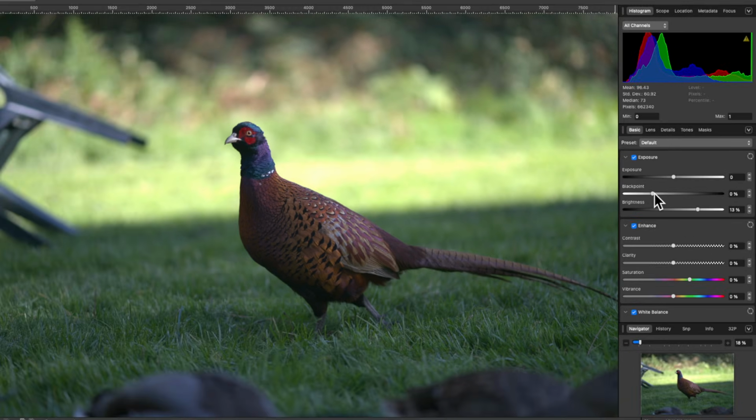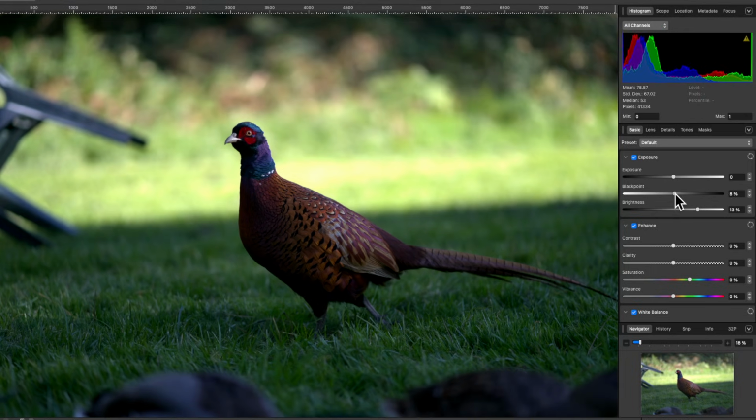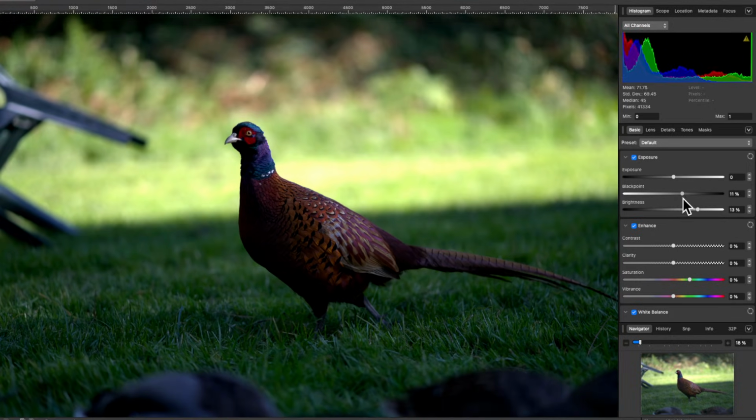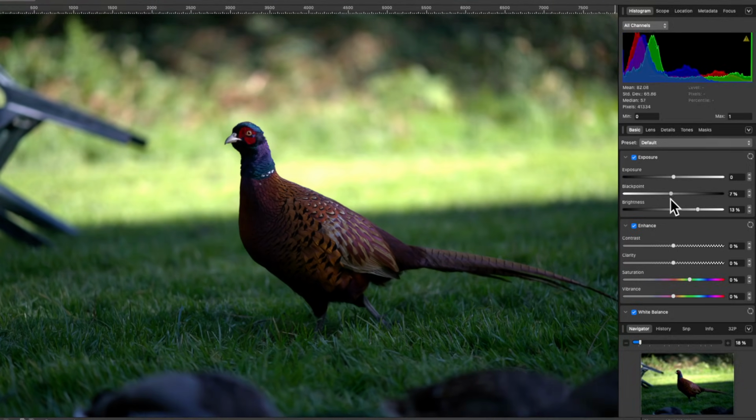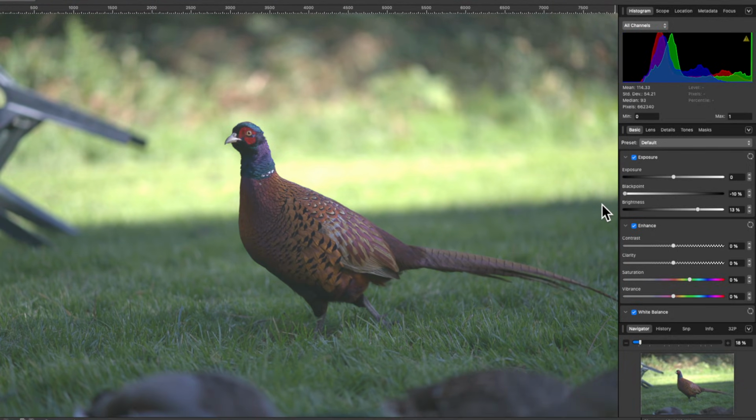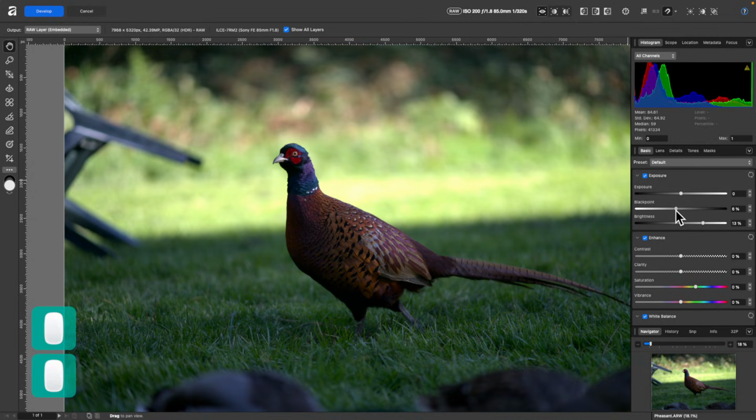And the next one is black point, and this one controls how deep the blacks are by deciding where the shadows turn completely black. So watch as I drag it up. It only seems to be affecting the darkest areas of the image. And I'll drag it the other way and it kind of washes those blacks out a little bit. Again, double tap to reset.